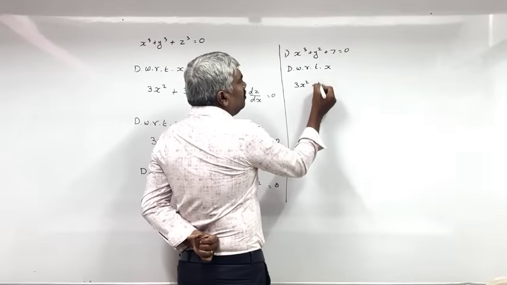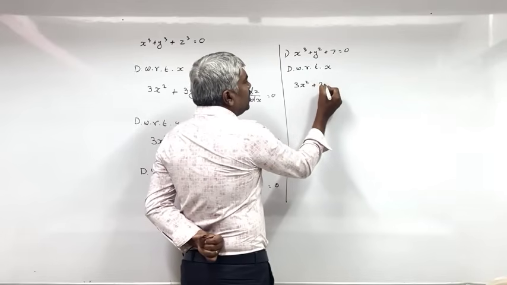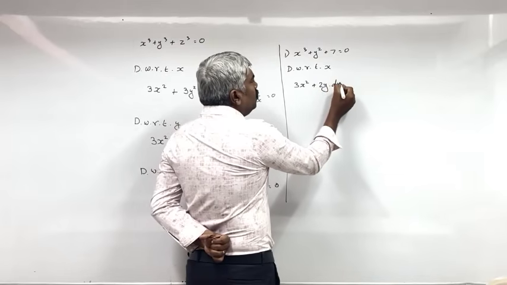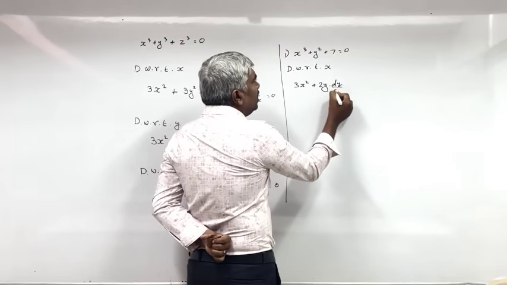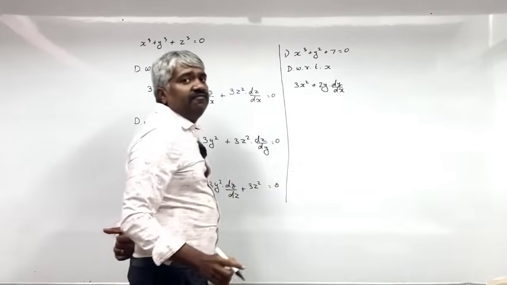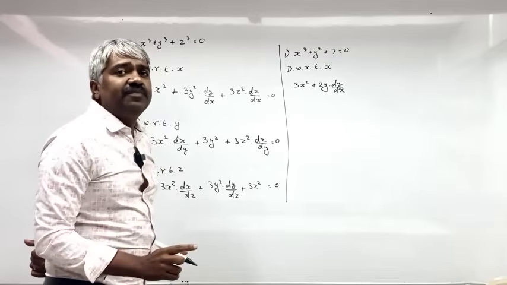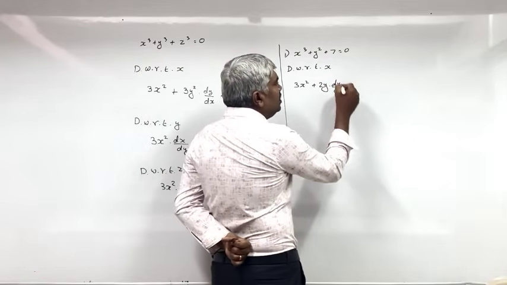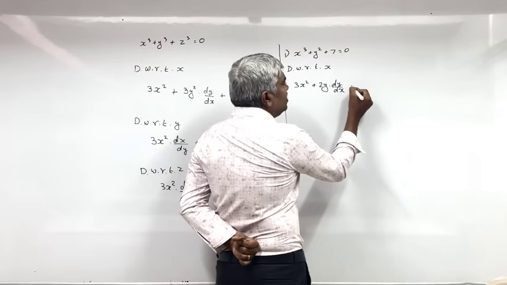Right? Differential of y square is 2y into dy by dx, because you are differentiating with respect to x, you need to get permission from x. Differential of 7 is